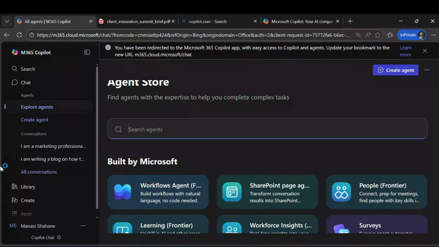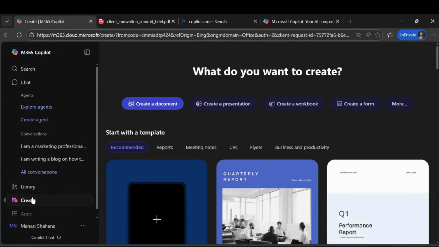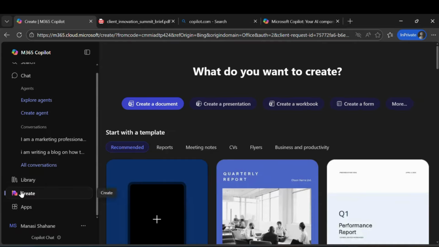Another thing that you can also use is something called Pages. Here, another thing is you can see you have certain templates, because I told you M365 is something that is not just a part of your